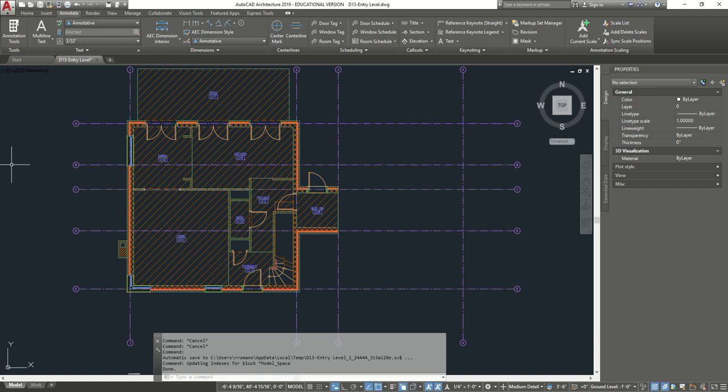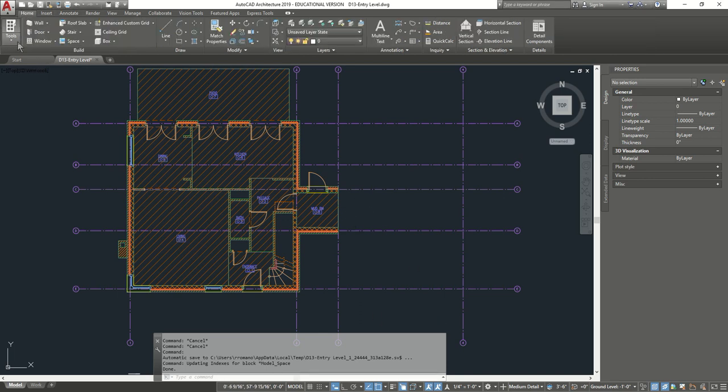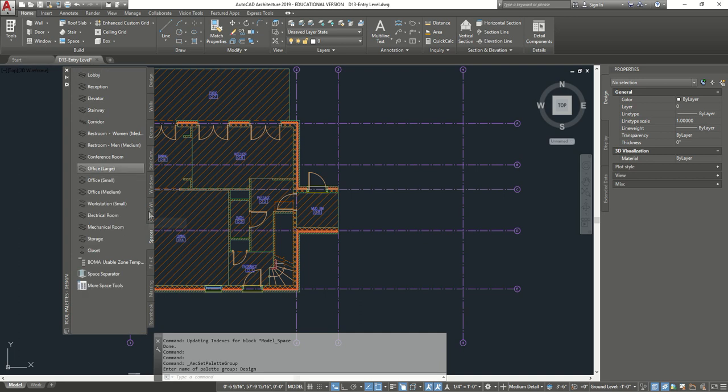Tutorial. Today we're going to be stretching the floor line of the entry walls to the top of the floor slab. Just a little note, in case you are missing icons, for example, if you're missing